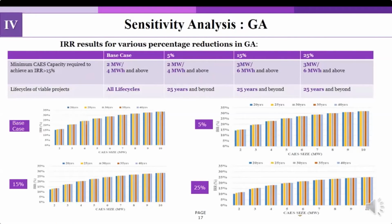Small-scale CAS projects are at the development stage. Economic uncertainties are relatively high, and therefore it is necessary to perform a sensitivity analysis to understand the significance of various parameters affecting CAES investment viability. The first such parameter that we considered is global adjustment. In this case, we saw that for a CAS size of 2 megawatts and 2 hours discharge duration time and above, the IRR is greater than 15% for